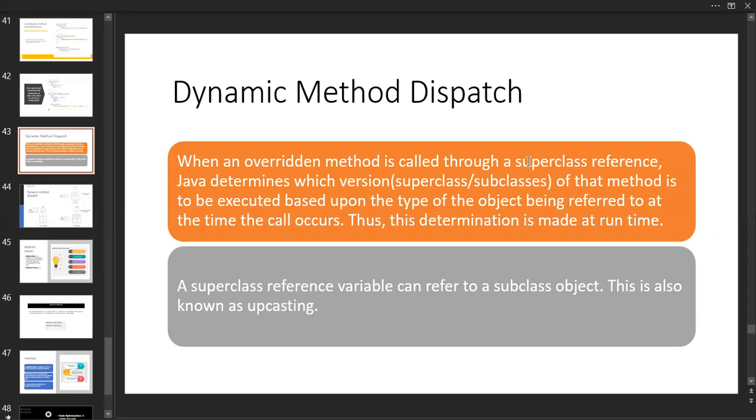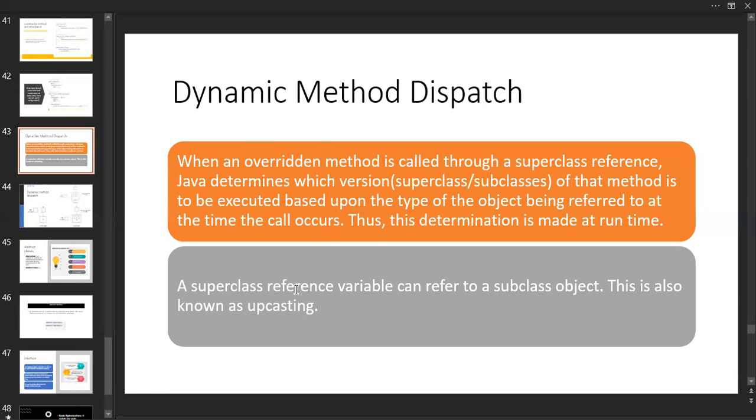We create a reference for the superclass, and then we assign that reference to the subclasses so that we can access all the values, in the sense methods and variables also. By using the reference, we are going to access the objects of the subclasses. This is called dynamic method dispatch.